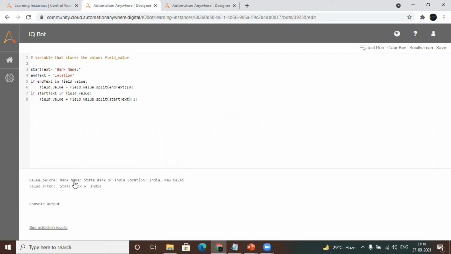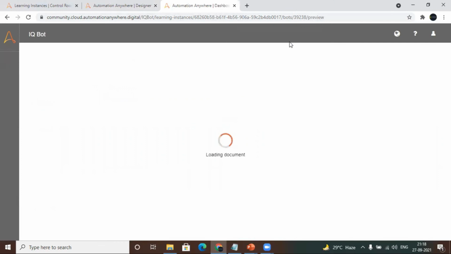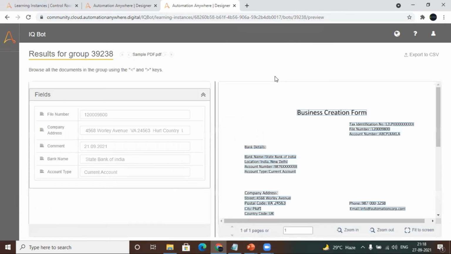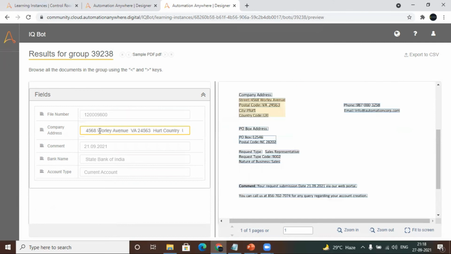Okay, so now we can see State Bank of India, this output is coming. Now let me save. Okay, I'm just going to click to see the extraction results. So now this result will be the final result where we'll have the clean data. We can see here this file number is now coming only the file number which I'm expecting.